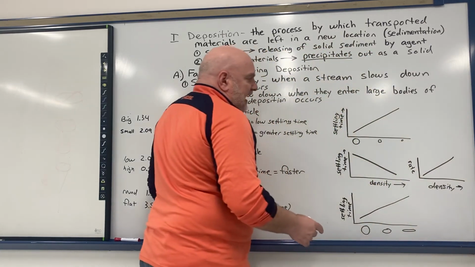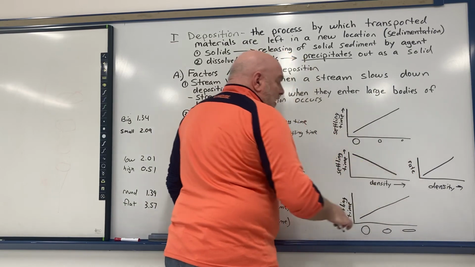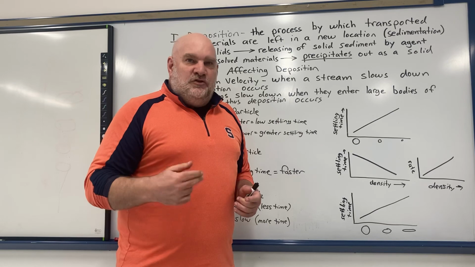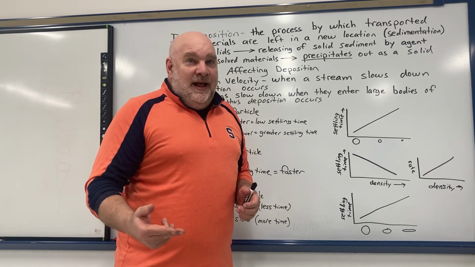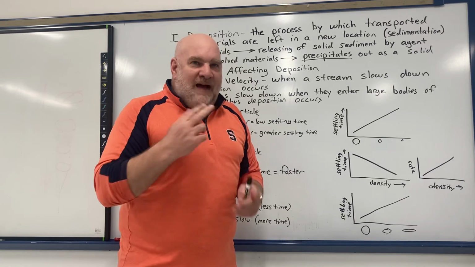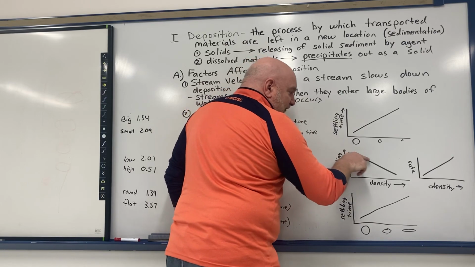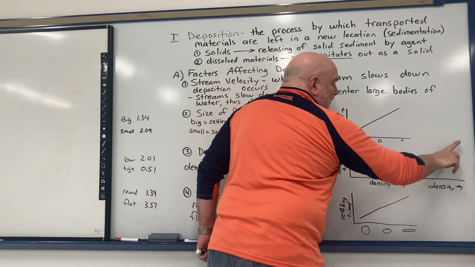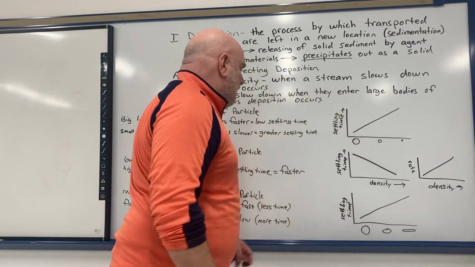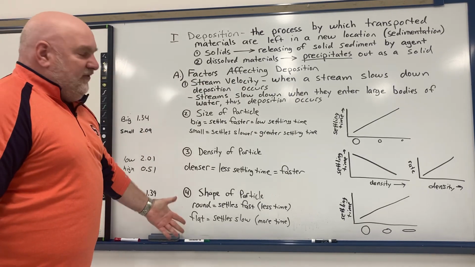So you gotta be really careful on these, whether it says settling time or settling rate, because if something travels at a very high speed, if it travels at a very high rate, then it's gonna take a small amount of time to get there. So the graphs are gonna be reversed. So with this one, the settling time graph would go down, but its settling rate graph would go up. So you really got to pay attention to what those say on the side there. All right. Anyway, so that's deposition, what deposition is, and some of the factors that affect